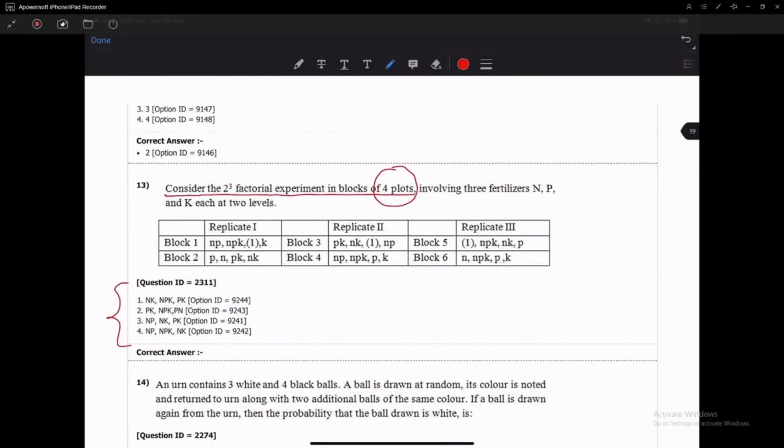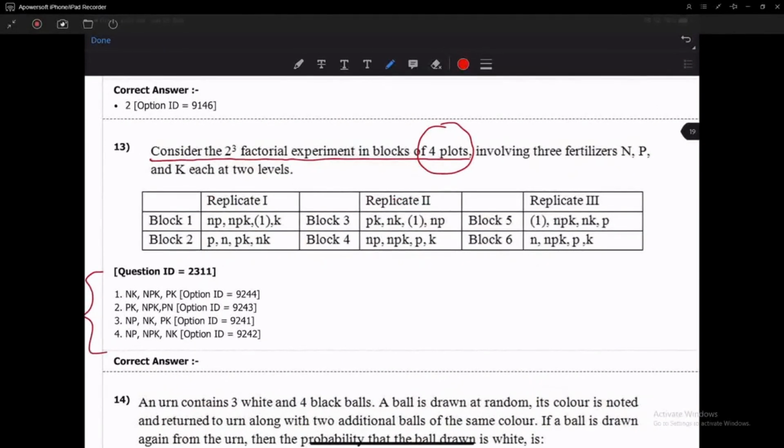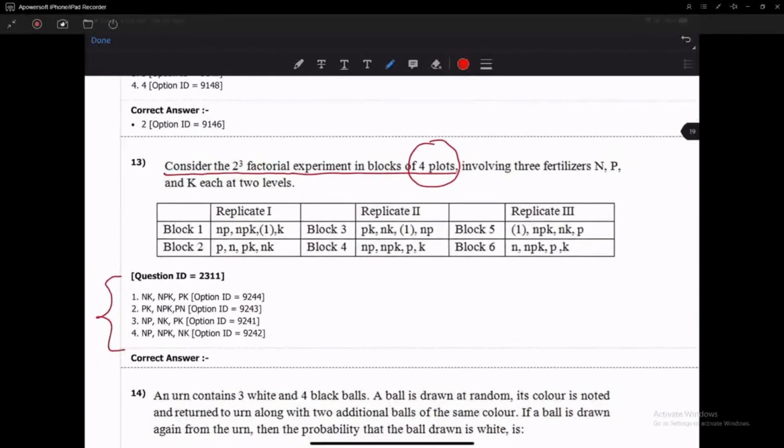So these are basically the 4 options, and we just have to find the confounded effect. Now if we check in the key block, how can we check which effect will be confounded? The confounded effect has even number of common or no common member with the key block member. Okay. So let's start with,